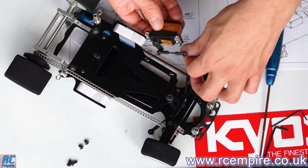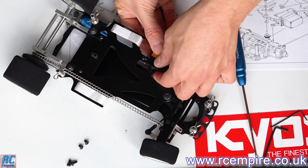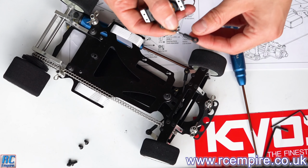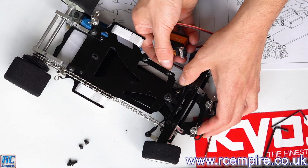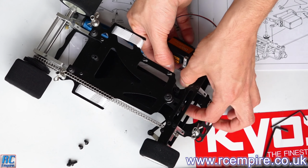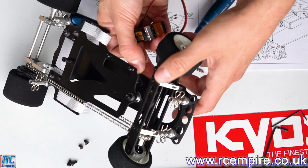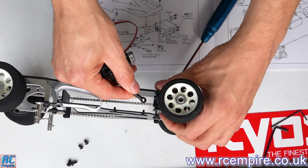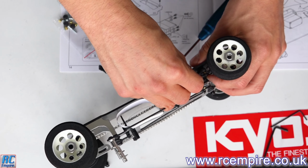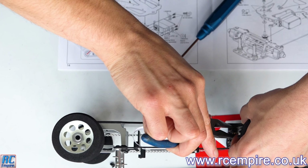Now, if you've got your electronics all ready to fit, you're better off fitting the ESC first, then the receiver, and then the servo and the motor, because then at least you can plug your battery into the receiver and then plug your servo into that to set it up. Unlike what we're doing, which is using the electronic system on another model. We're kind of doing it backwards here. But once your servo is centered, pop your steering arm onto the steering linkages and mechanisms as specified in the manual,